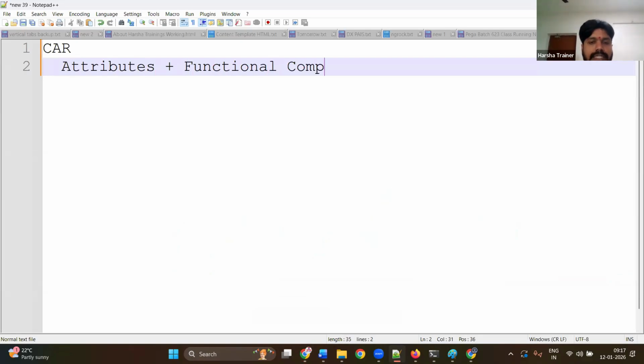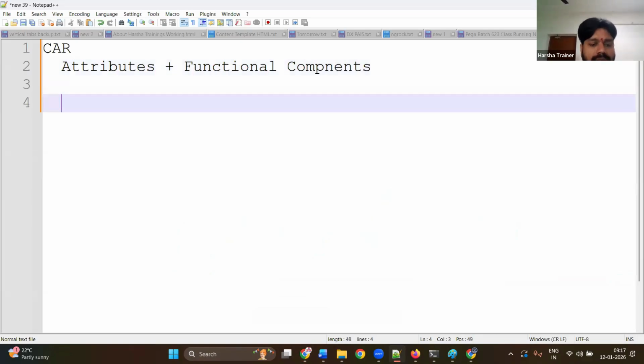Can any one of you tell me what you mean by attribute here? Attribute means something which holds a value. For a given car, you can easily say functional components. Can any one of you tell me the functional components of a car? Easily you can tell. You need to unmute and respond when I ask general questions. I want it to be an interactive session.